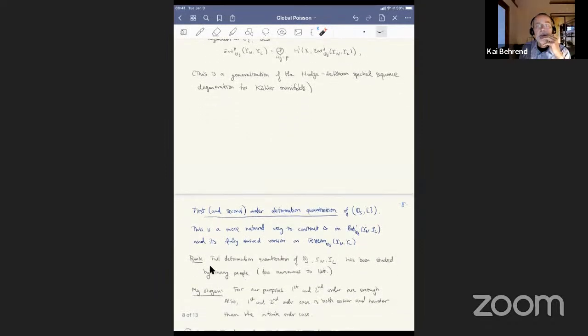Of course, the full deformation quantization has been studied by many people, and also the quantization of Lagrangian submanifolds has been done by many people. I should mention now, because I'm going to run out of time, that of course